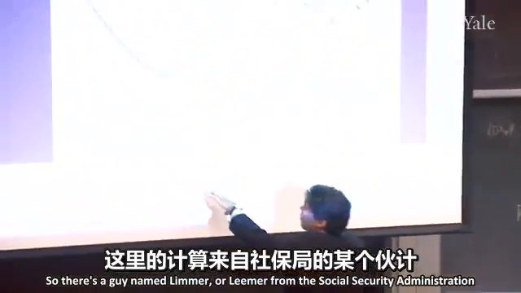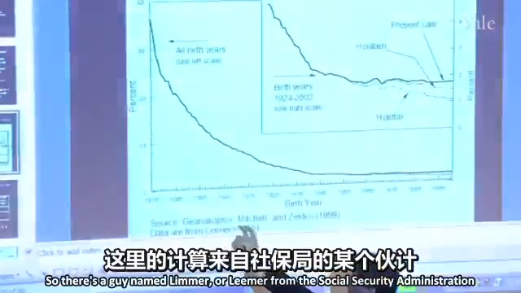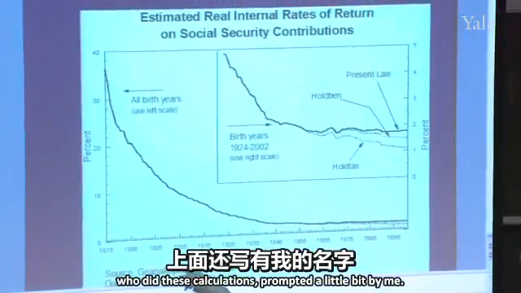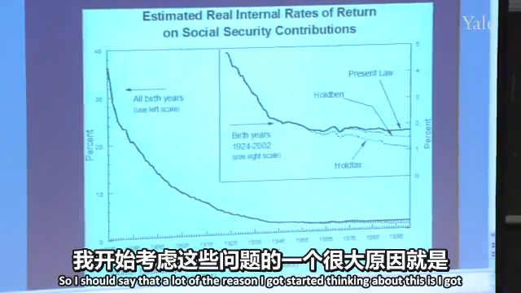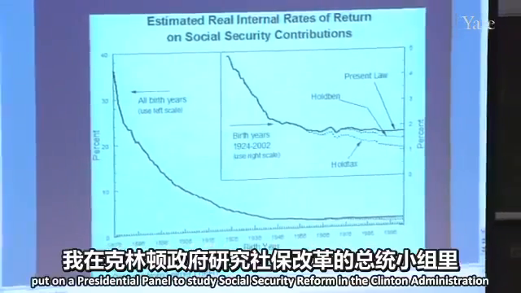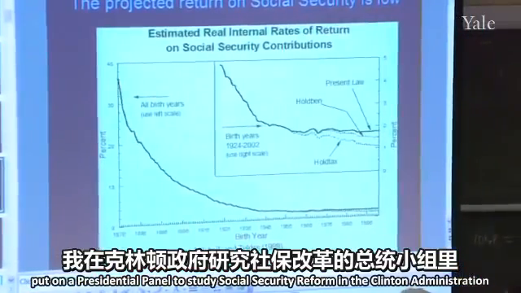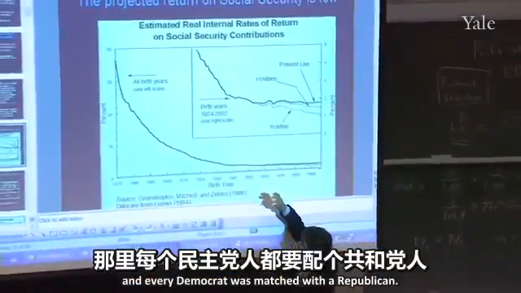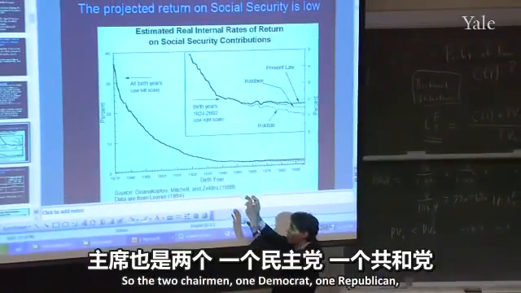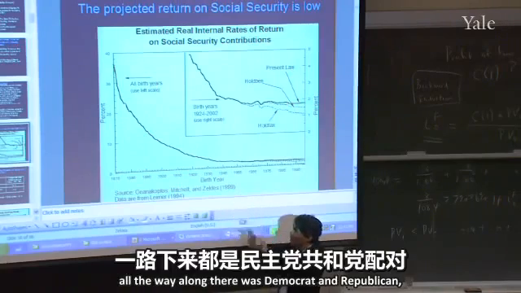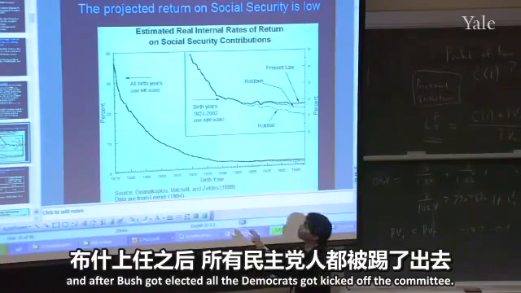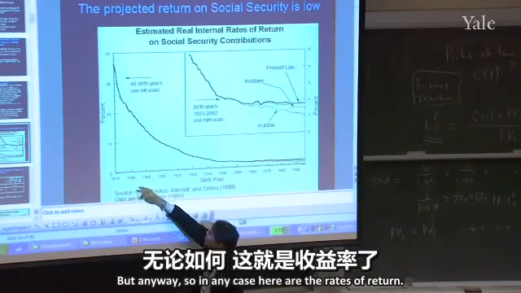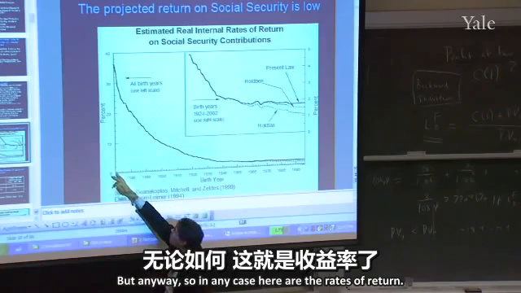There's a guy named Leamer from the Social Security Administration who did these calculations, prompted a little bit by me. I should say that a lot of the reason I got started thinking about this is I got put on a presidential panel to study Social Security reform in the Clinton administration, and every Democrat was matched with a Republican. So there were two chairmen, one Democrat, one Republican, and all the way along it was Democrat and Republican. After Bush got elected, all the Democrats got kicked off the committee. But anyway, in any case,